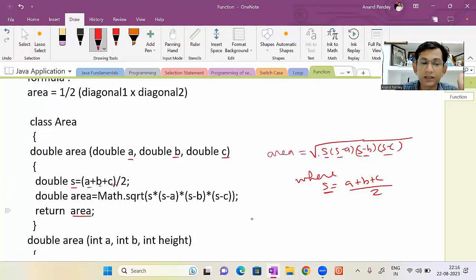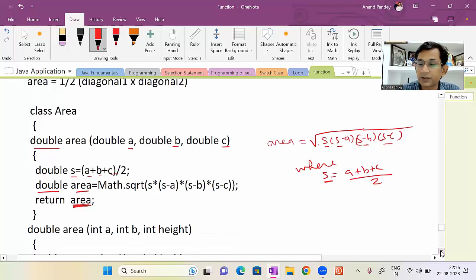Okay, to calculate the area, calculate and return the area. So we are returning that area. Return type of this function you can see is double, means we have to return a double type of value from this function. You can see area is of double type that we are returning. Am I clear? Simple thing. It's very simple. Second function, it is said to calculate the area of